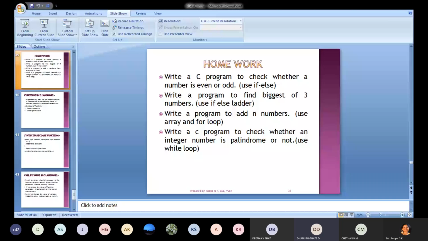Danya, present, ma'am. Divyashri, Fatima, present, ma'am. Susanna, present, ma'am. Shamna, present, ma'am.